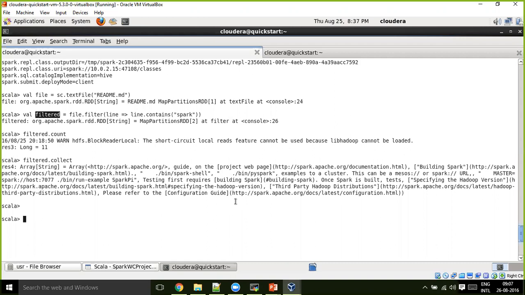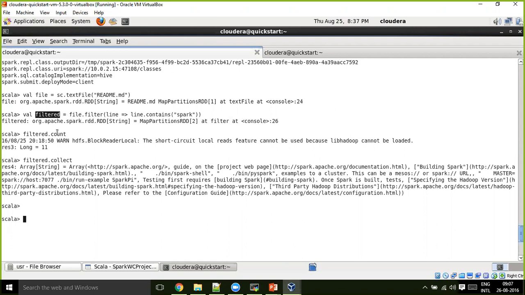This is something that you might not be able to accept or digest in the first go. However many transformations you do, it will not execute them. But if you perform an action, then for every action, it starts from the beginning.